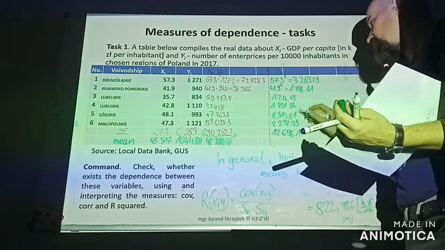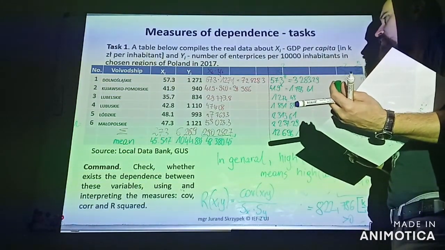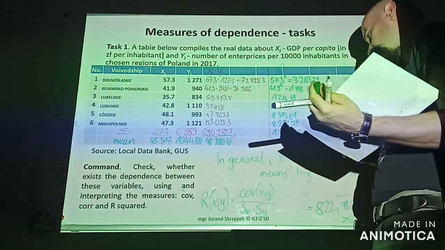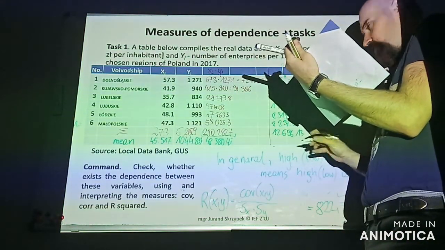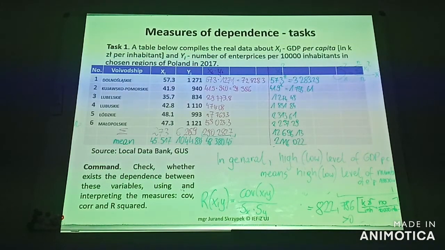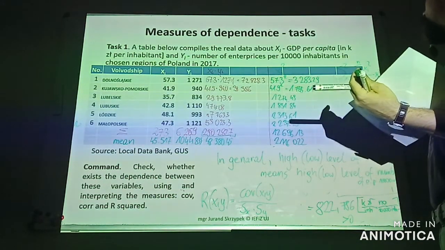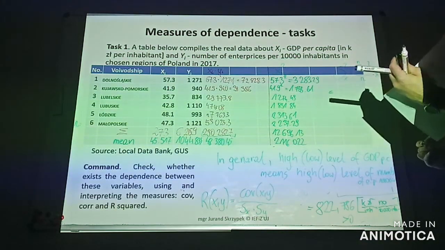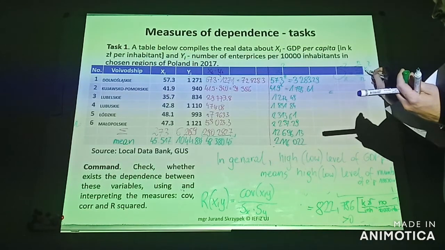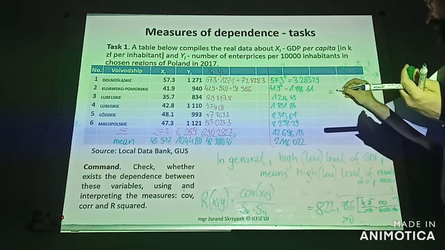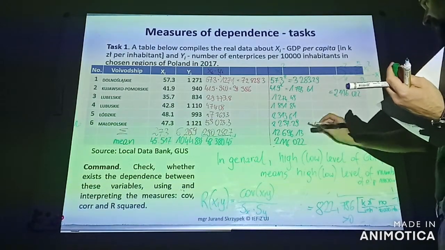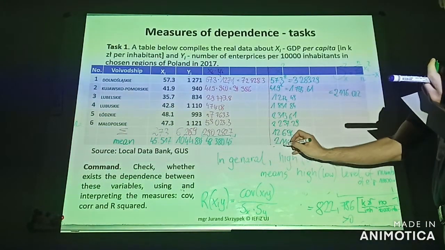and the mean square of variable x values, mean square of GDP per capita in chosen regions in Poland, is 2116.022. Okay, we can utilize this information. We will compute the variance of GDP per capita values, here we have mean squared value of GDP per capita, 2116.022. Yeah, here I divide 12,000 blah blah blah by 6, and I receive